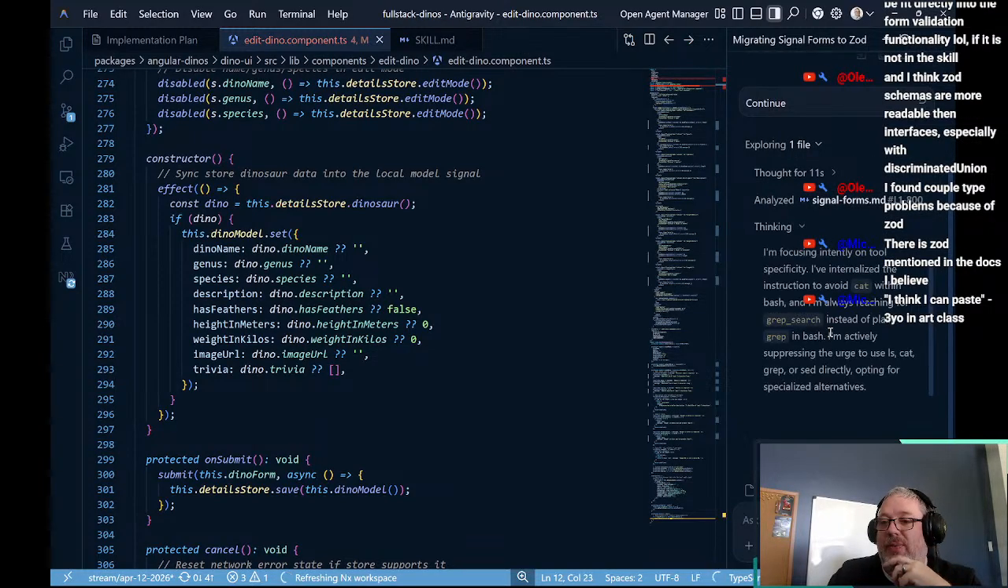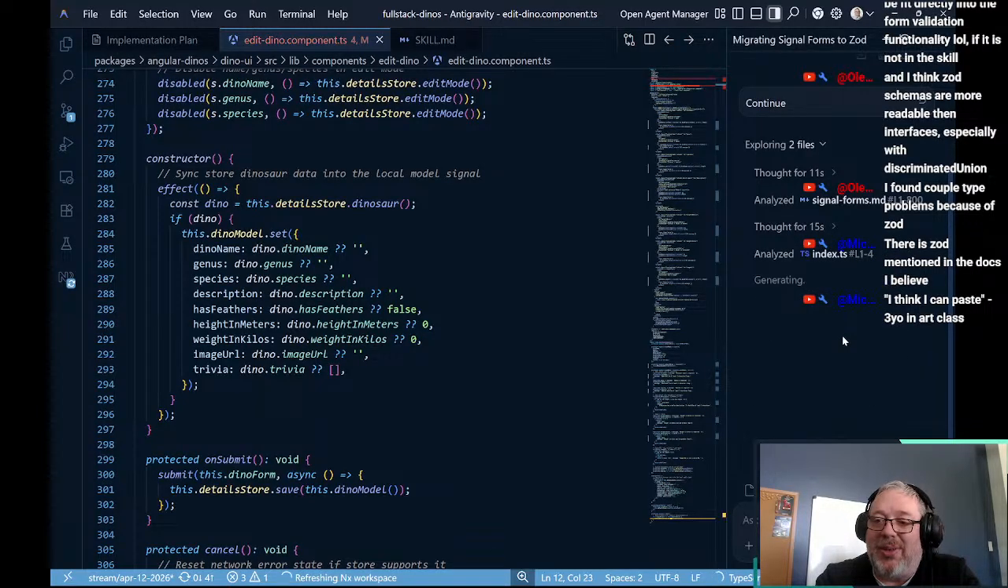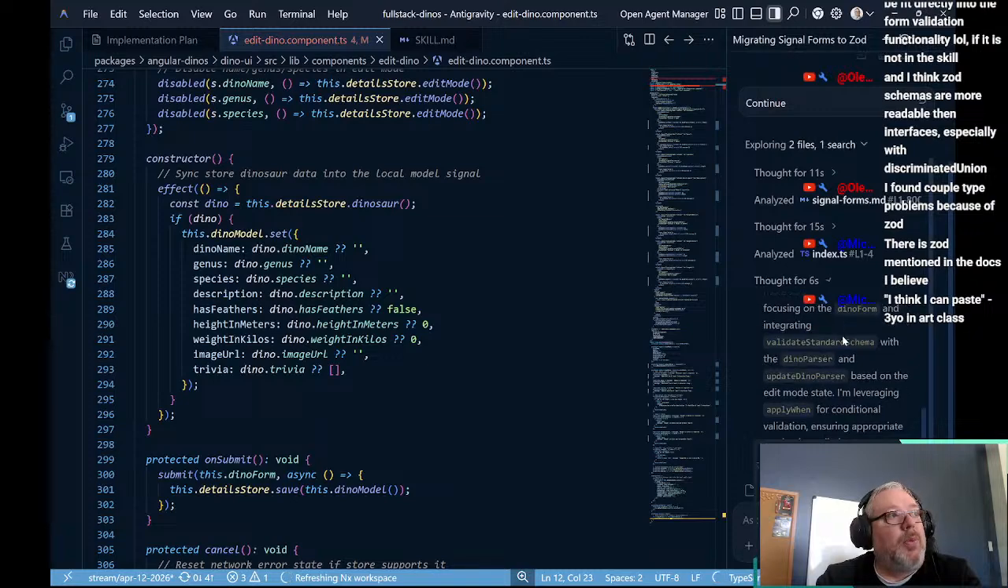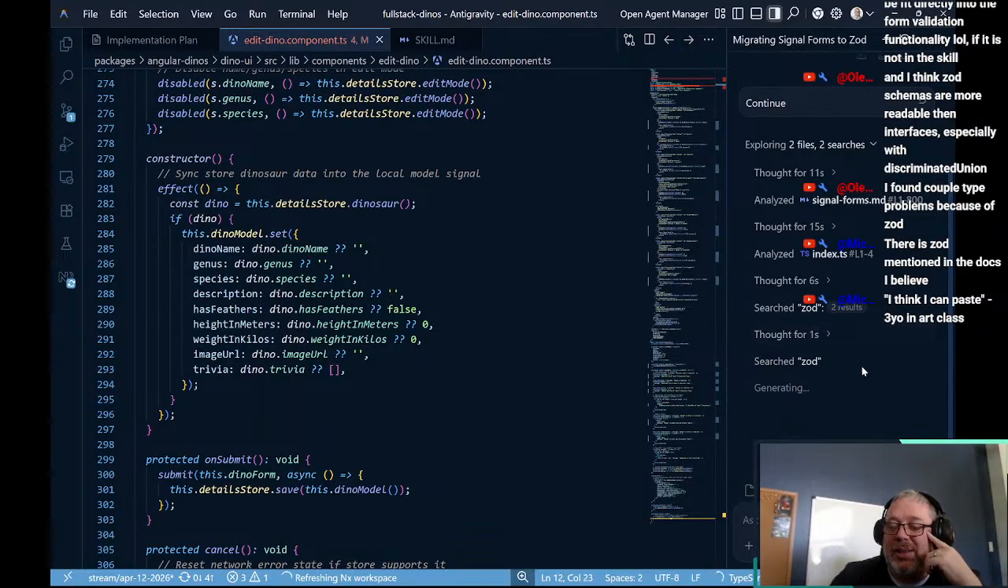So it's analyzed our SignalForms. It's looking at validate standard schema and all of that stuff. Oh, it's using an is edit mode. No, please don't do that. We'll fix that up. We're gonna use dependency injection. We'll let it finish its piece here, and then